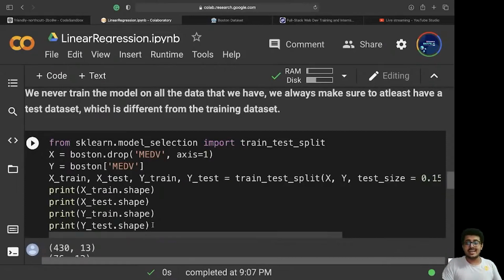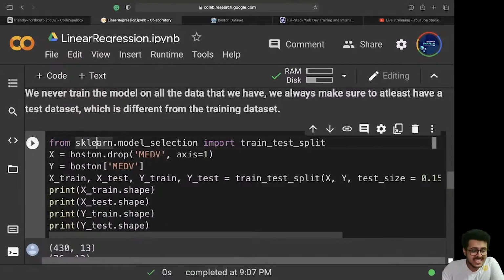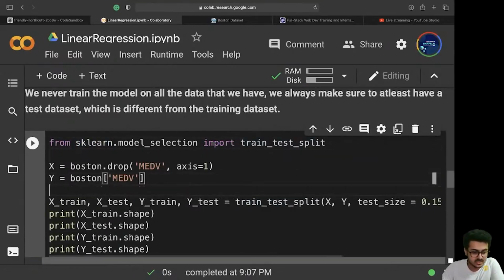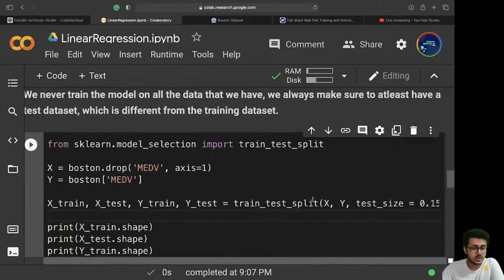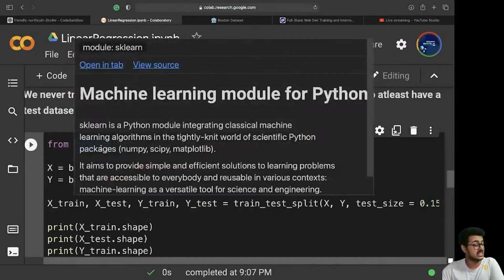So we need to divide the entire data set into training data and testing data. That is extremely easy using sklearn. I'll separate it into different lines so that it is a little bit clearer, otherwise it will look very shabby. So from sklearn, the library for machine learning, which contains many different things, that is what we are going to use